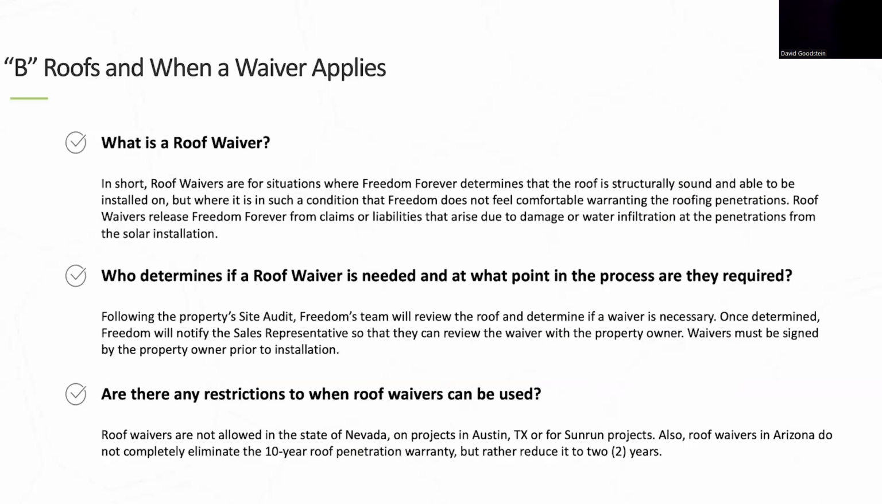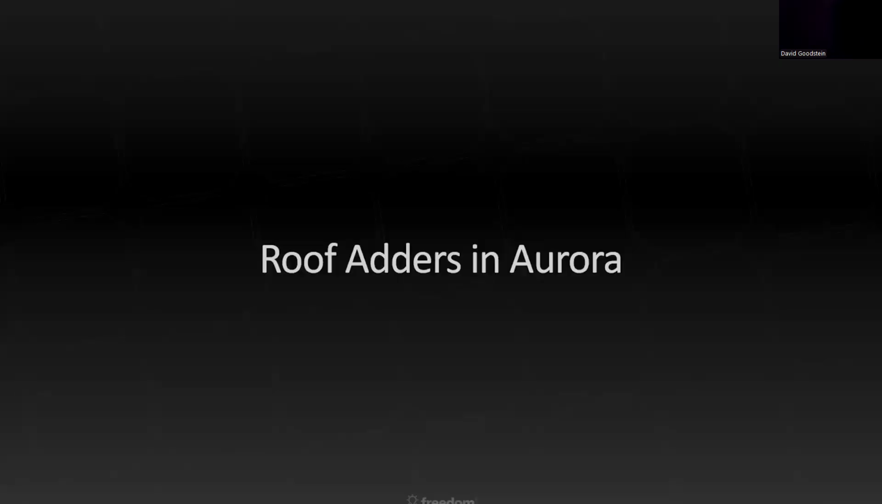So roof waivers are not allowed in Nevada or some projects in Austin, Texas, or for certain Sunrun projects. Also, roof waivers in Arizona do not completely eliminate the 10-year roof penetration warranty, but rather reduce it to 2 years. So now we're going to talk about pricing models and adders and what to do